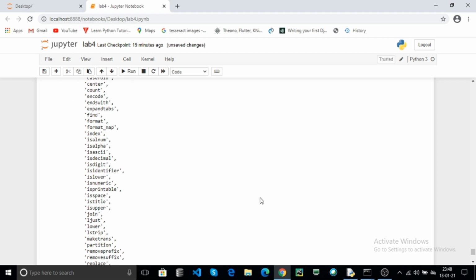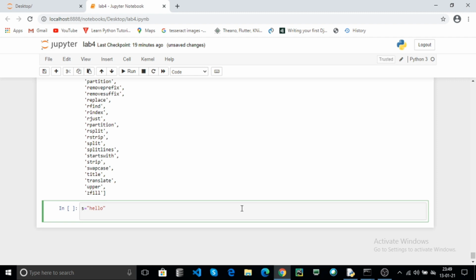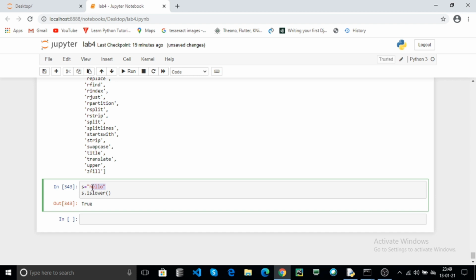Now is lower. If your string contains lowercase s dot is lower, click on the run. Here it returns the true if your string contains all the characters are lowercase.